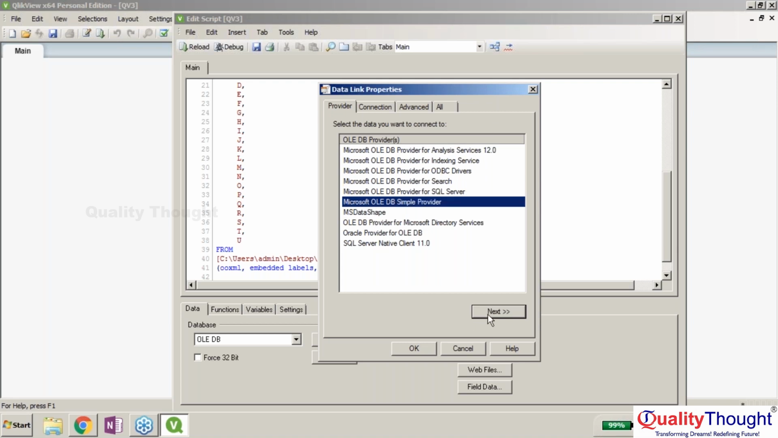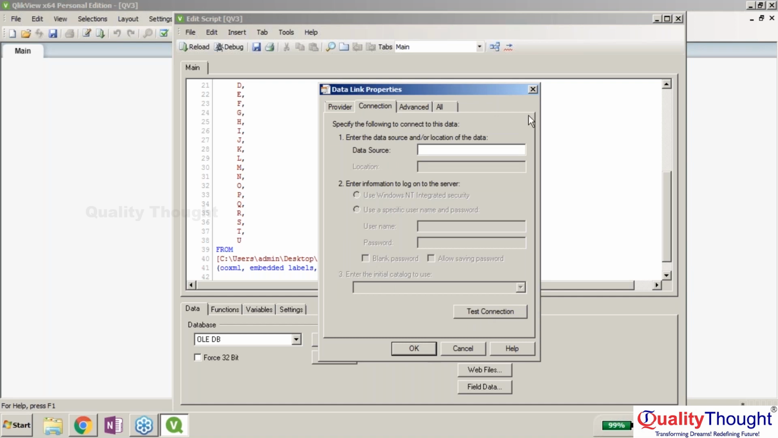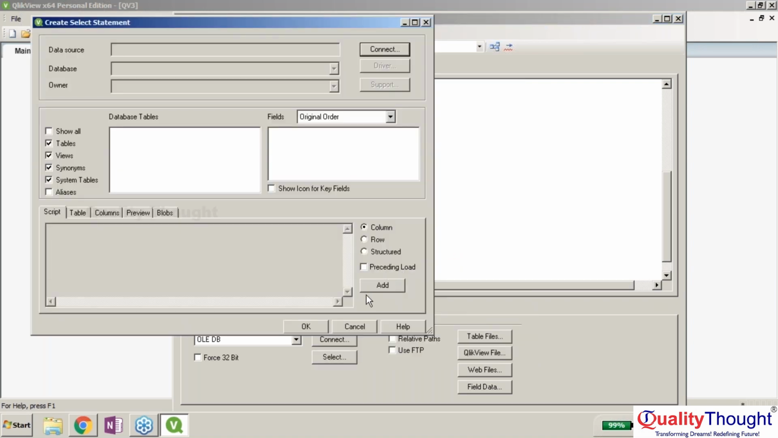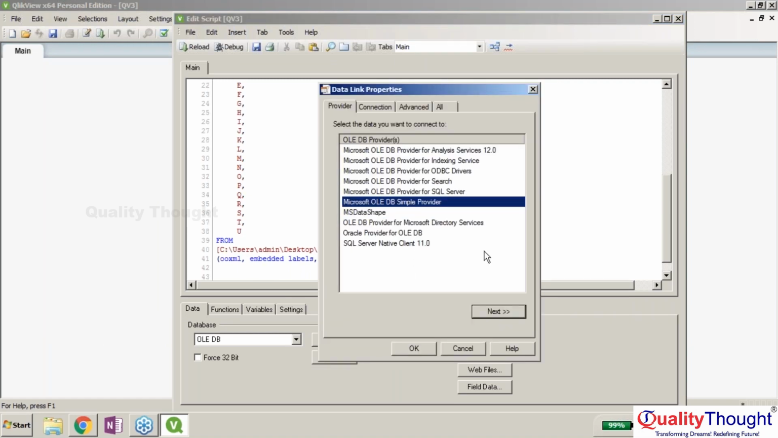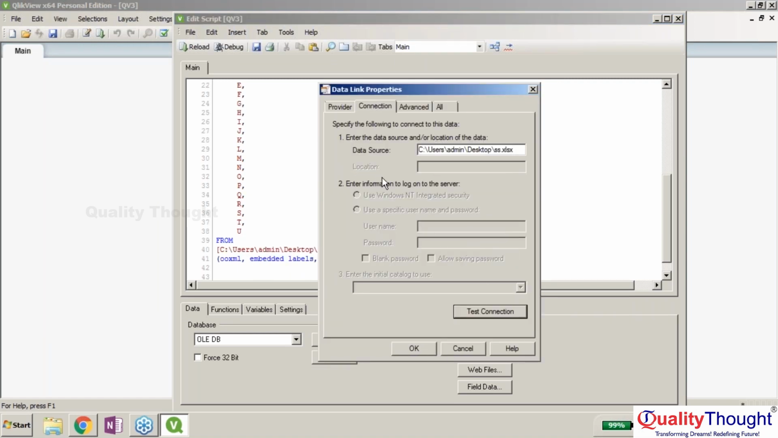Actually, this is not required. First of all, data source is not at all required. Connection, and the location of the data that we can always provide, see, this is the location of the data. Actually, for OLEDB it is not required. First of all,